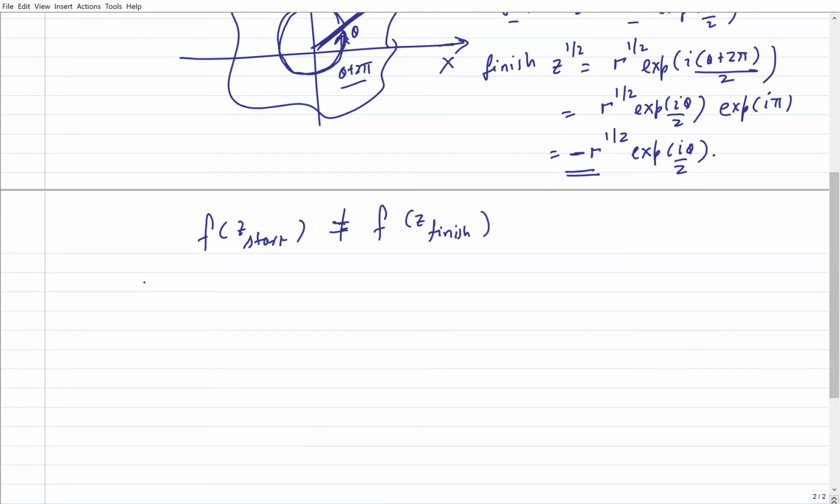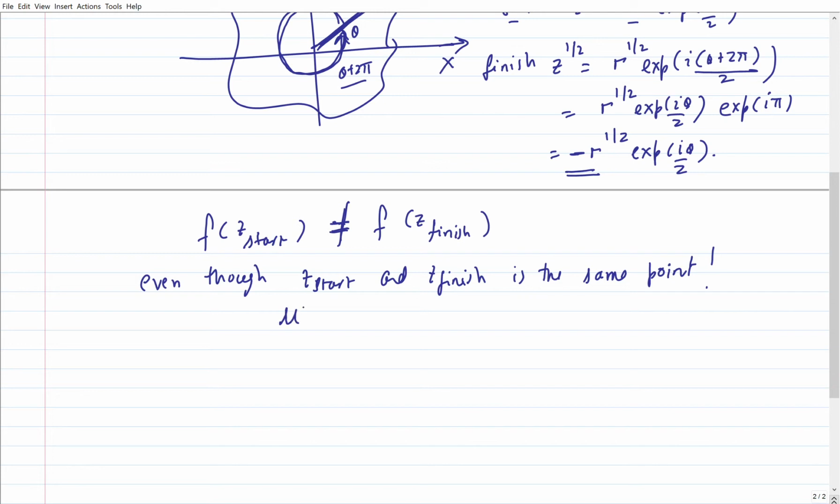So basically, even though z start and z finish are the same point, this is not equal to this. So this is an example of a multivalued object,